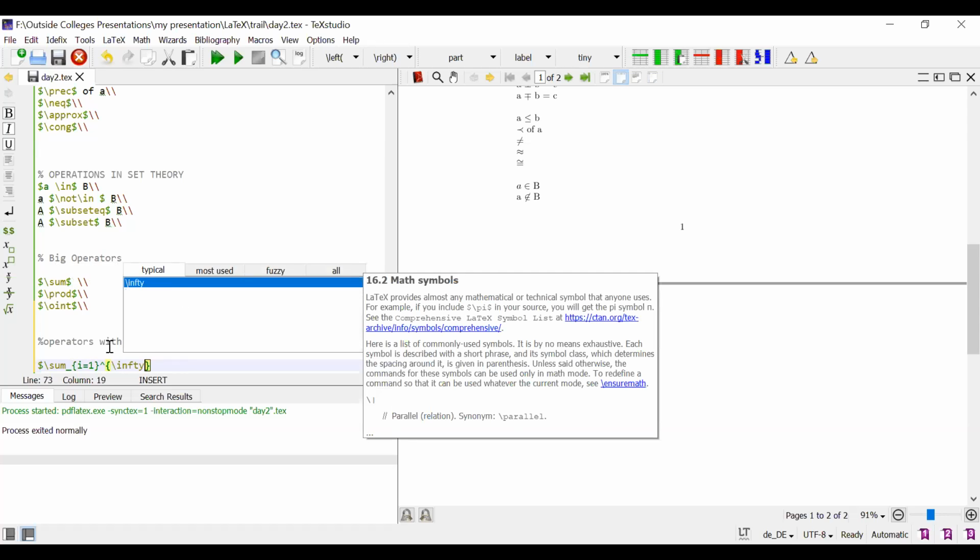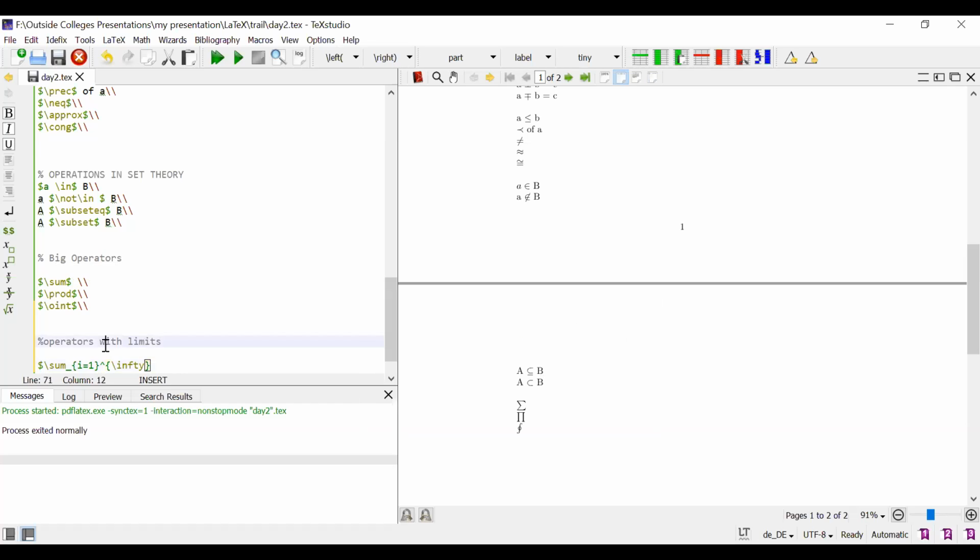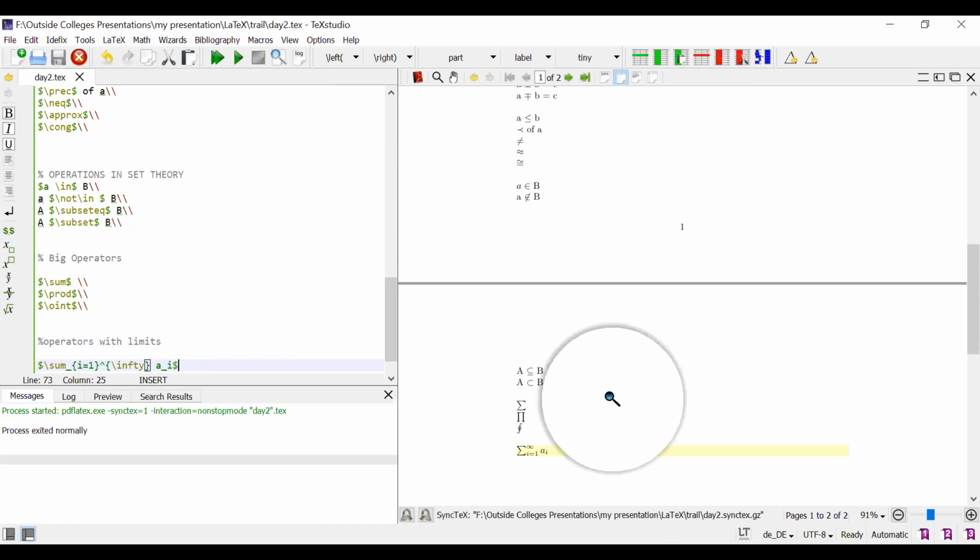Infinity is a symbol, therefore you write the whole thing. Now you want to write the summand, which is a_i. Just let me check my braces: open, closed, open, closed.